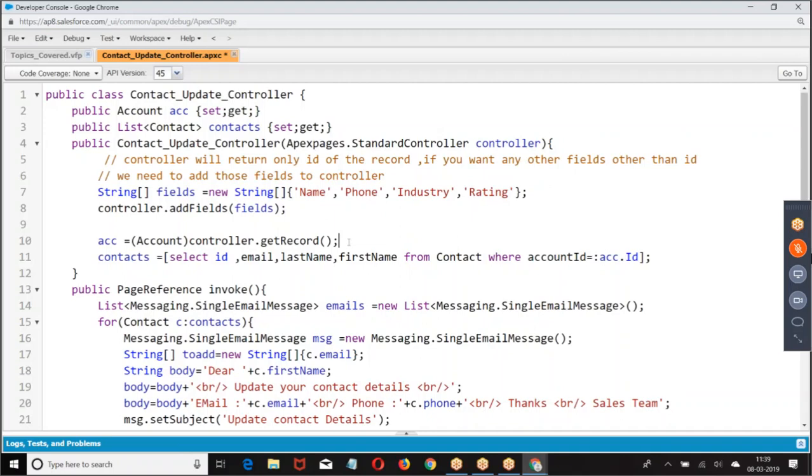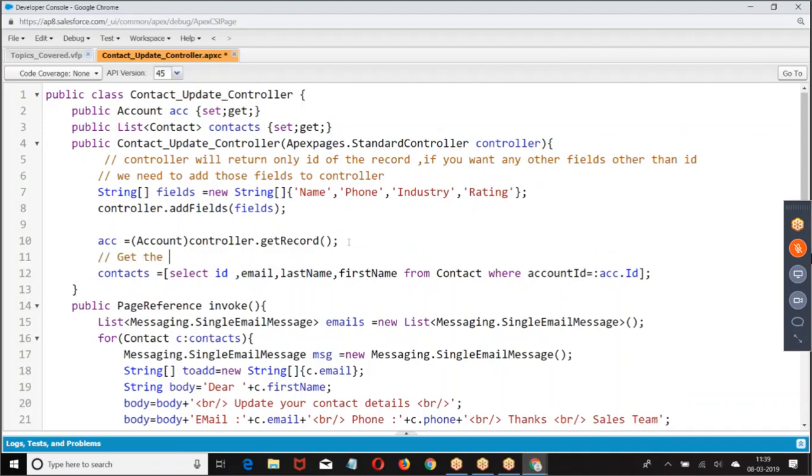Then get the contacts of those accounts. I hope you got my point. So let us go to the next part.